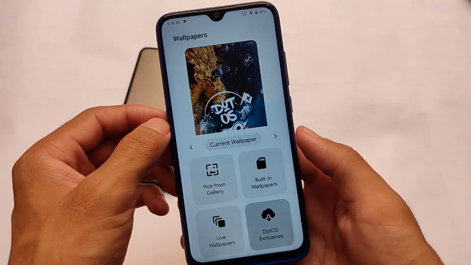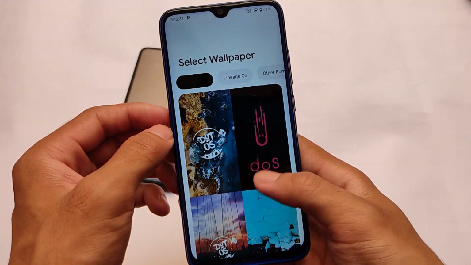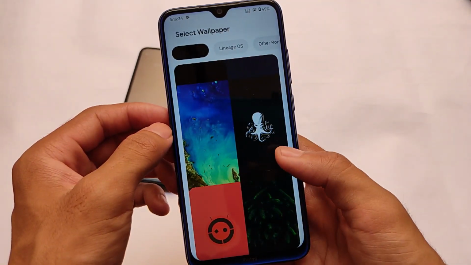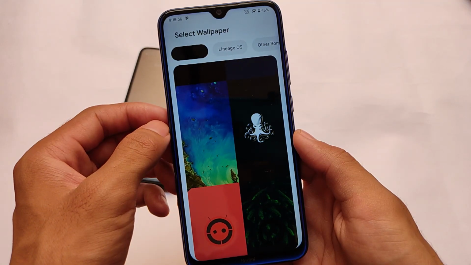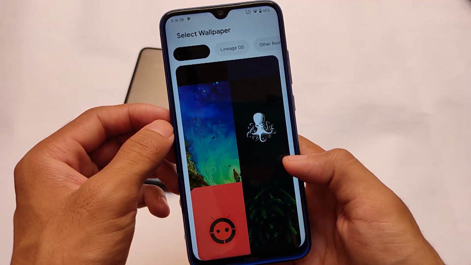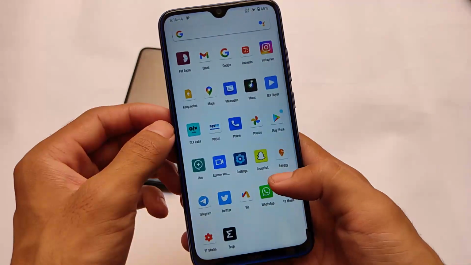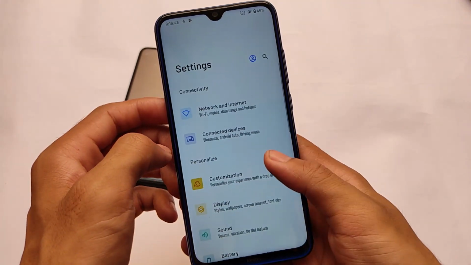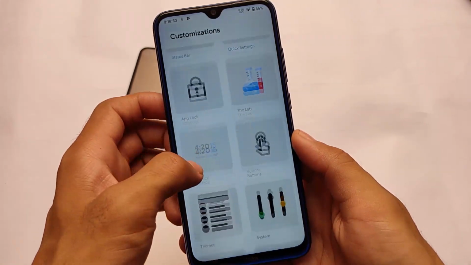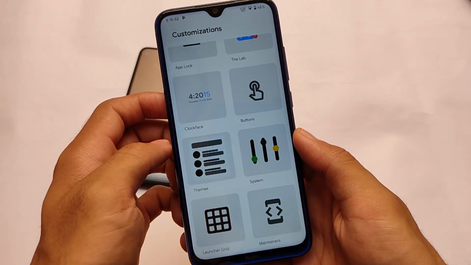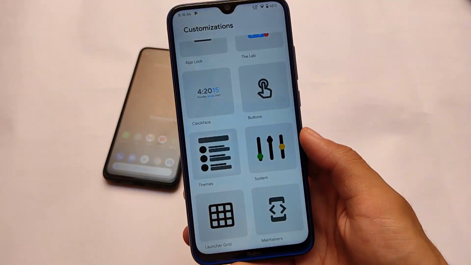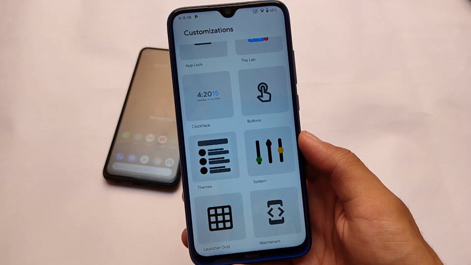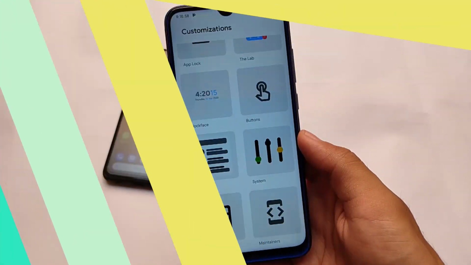But if you exclude this, if you try out some other extra features, you can give it a try. But this customization panel, you can see the wallpaper panel, is just not working for me. Sometimes it's working, sometimes it isn't. But yes, this is what it is. Now moving on to some other things. Same features, customization includes some customizations. Go and customize them. Link for this build is in the description. Installation is quite easy. Install the zip and you're good to go.